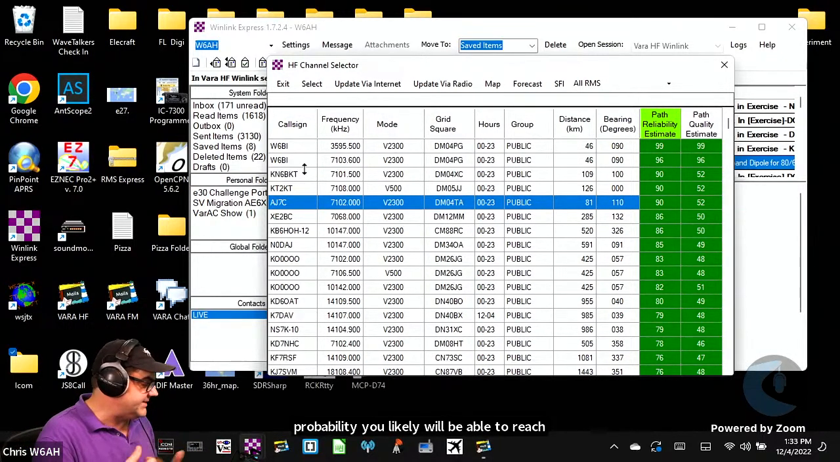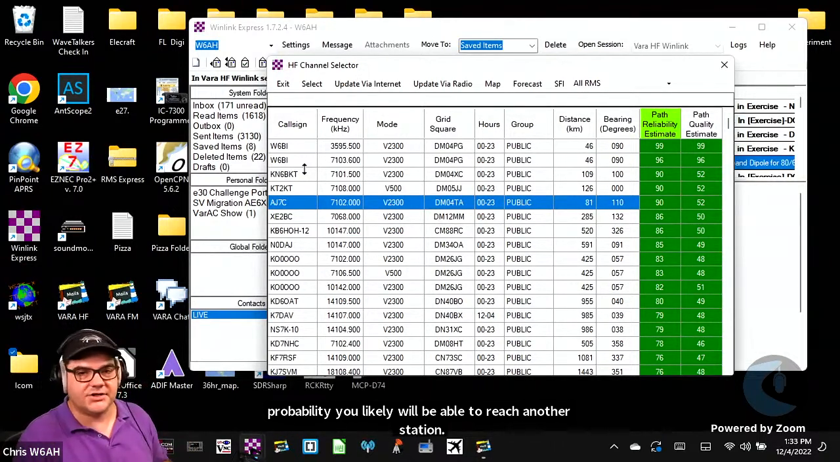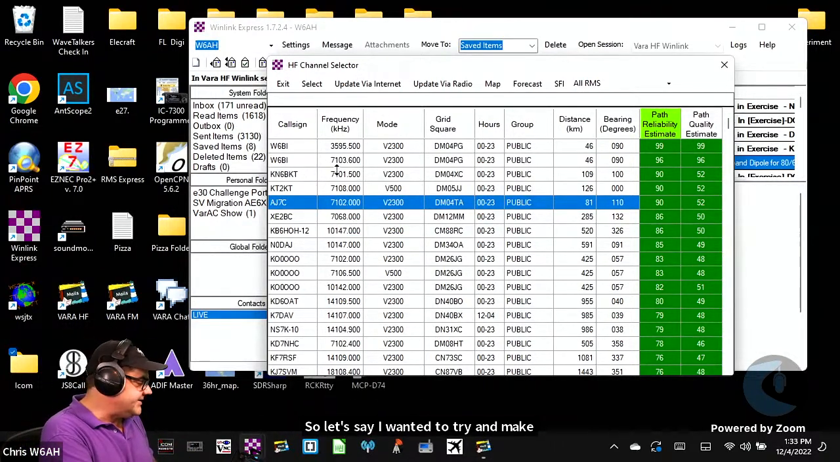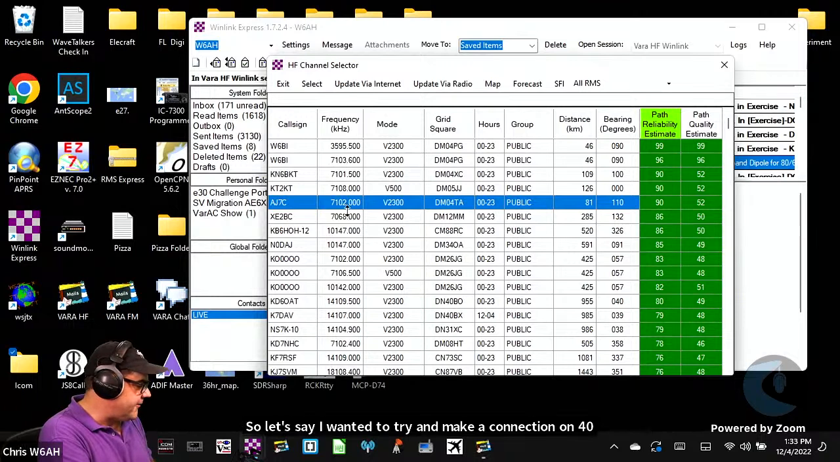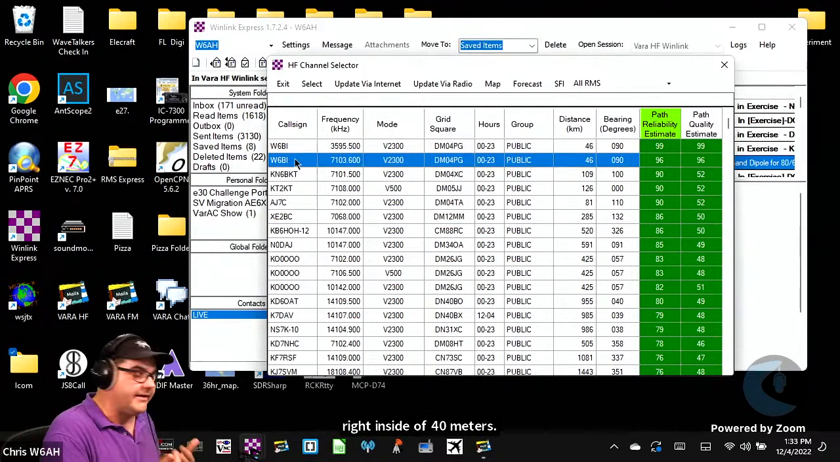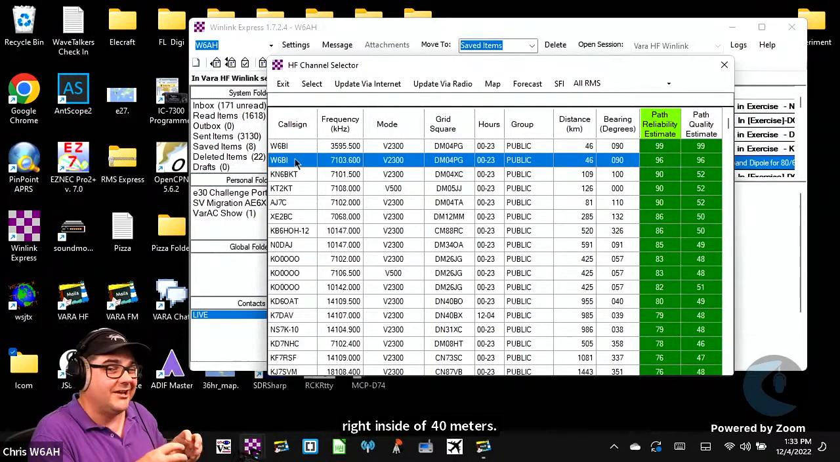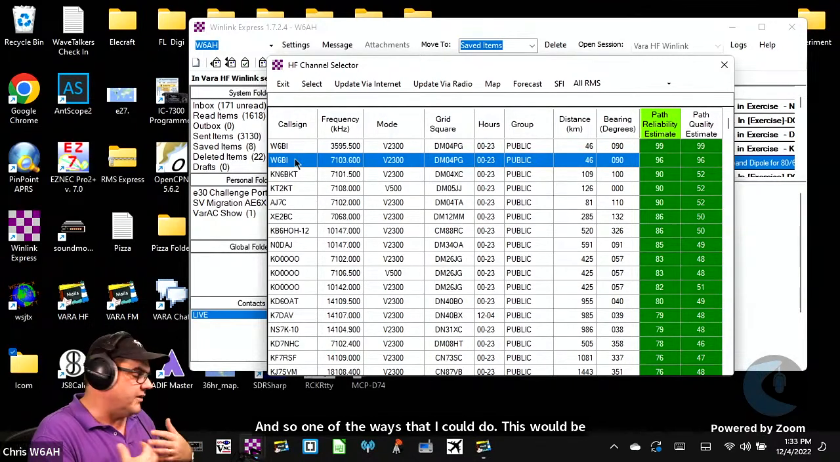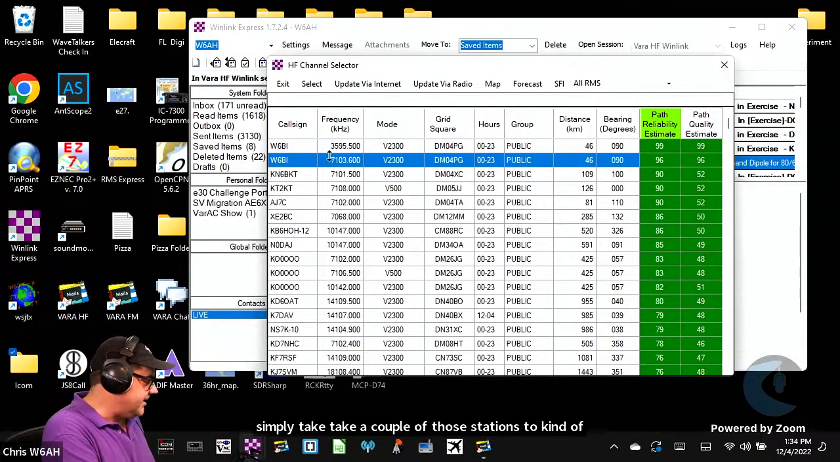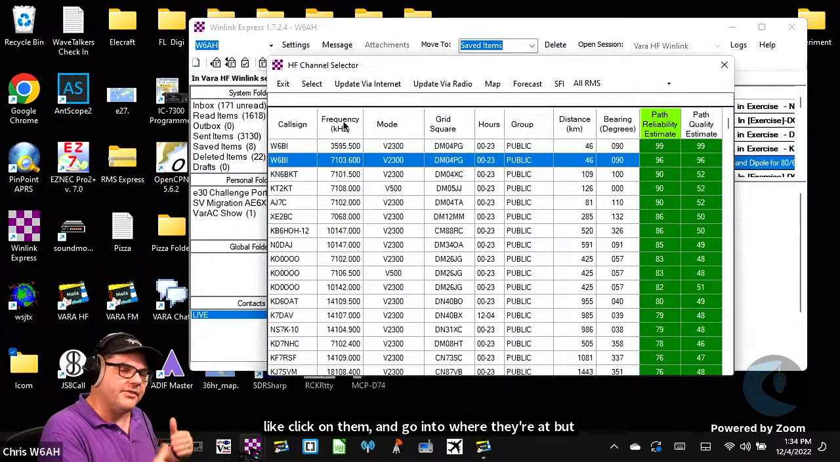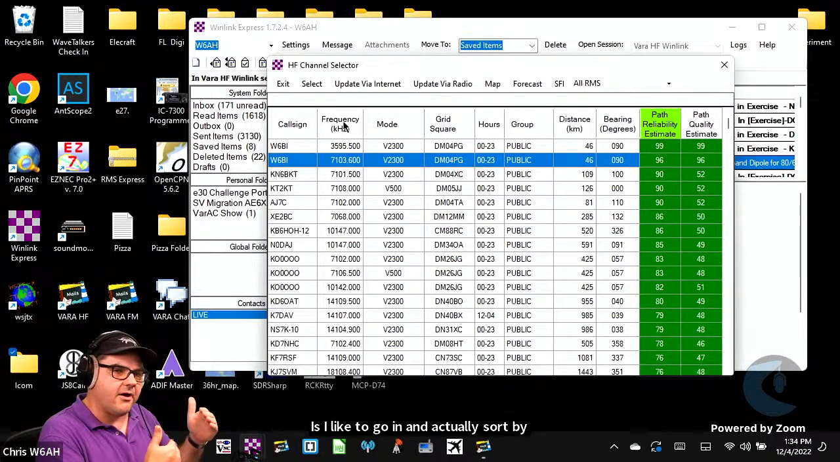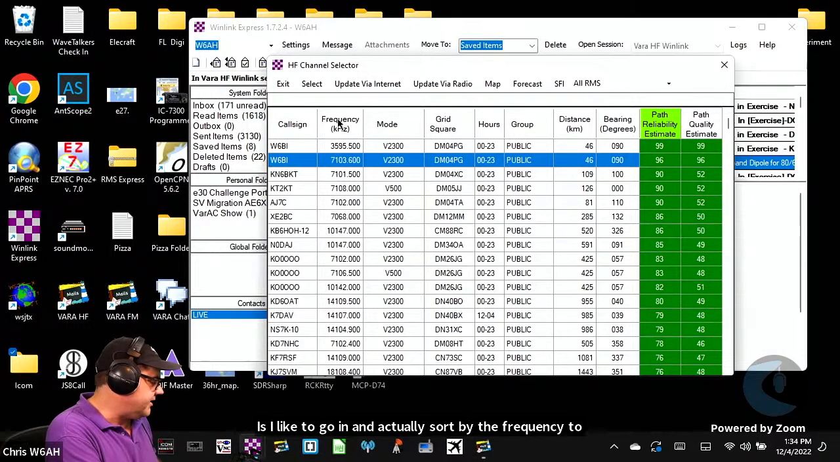So let's say I wanted to try and make a connection on 40 meters. I can see that there's a lot of stations right inside of 40 meters. One of the ways that I could do this would be to simply take a couple of those stations and click on them and go into where they're at. But what I like to do is actually sort by the frequency to figure out where many of these are located. And you can do that by clicking on the heading here. And I'll just click on the